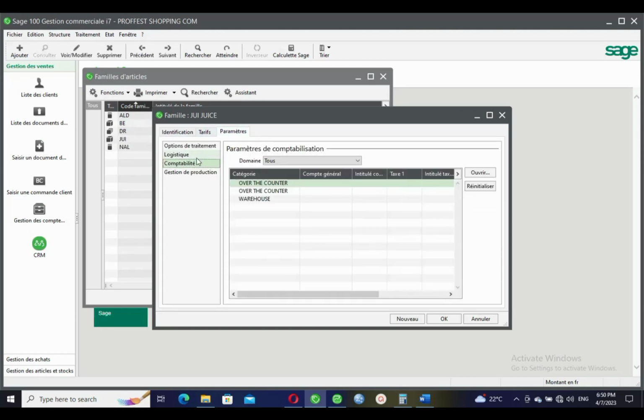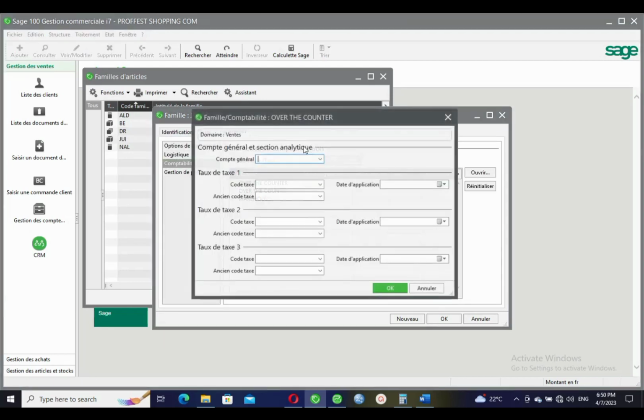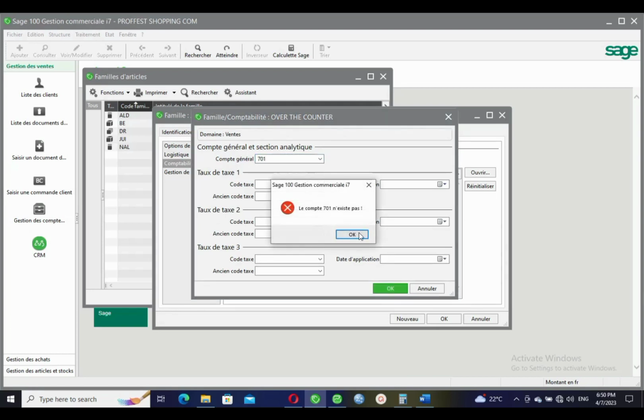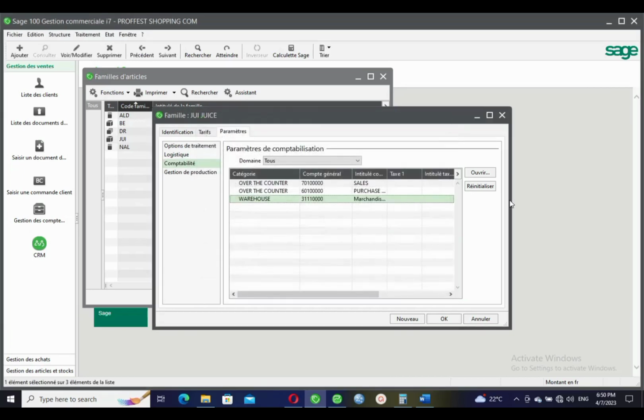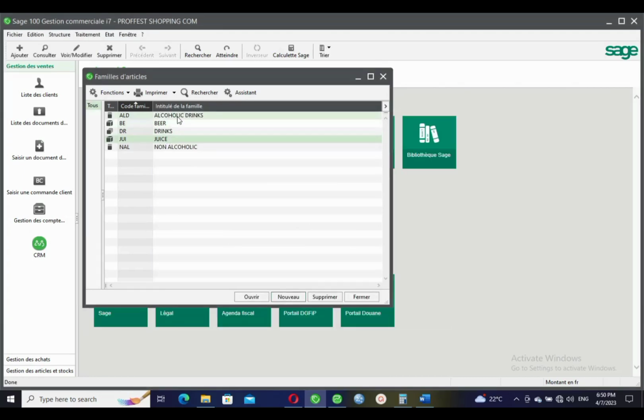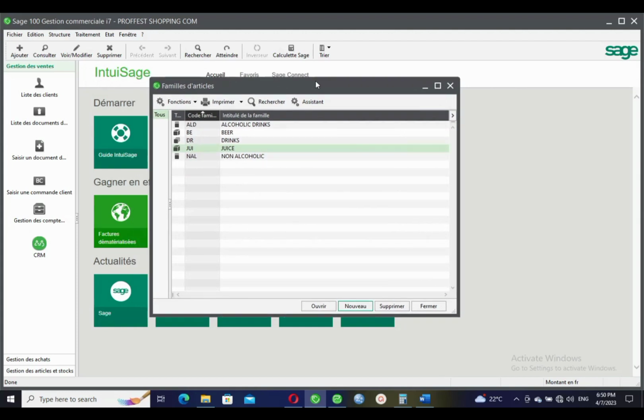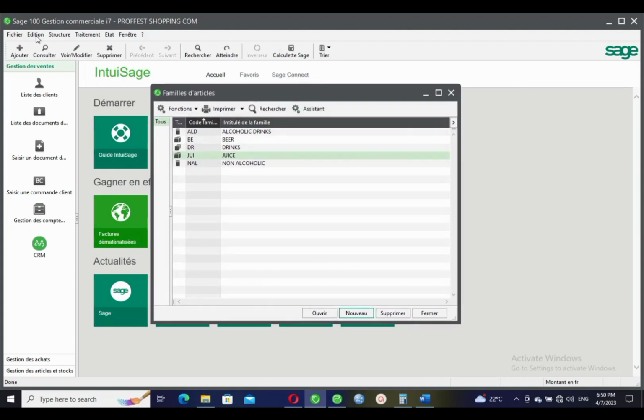Same thing, when I go to settings, I go to comptabilité, I make sure that here I select the account number 701 for sales of goods. Sorry, I have to select it from the list. Okay, and I also have to select 601 for purchases of goods. Good. And I equally have to select 311 for stock inventory. So at least we have created two centralizers, two details, and one total. Once you have created at least a detail as family, already you have the possibility to